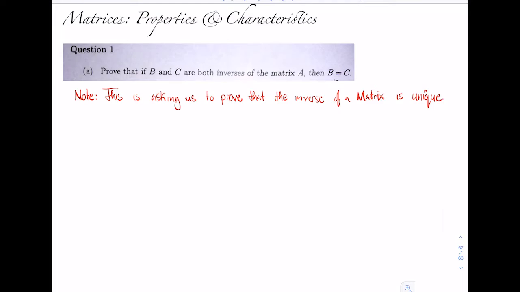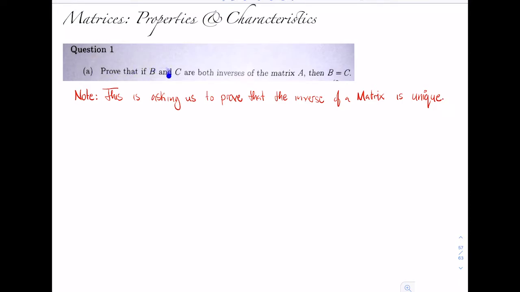In this presentation, we'll be looking at matrices, properties, and characteristics. And we'll be examining these properties by also looking at questions that bring out how these properties and characteristics are particularly important. All right, so here we jump right in by looking at question number 1, which asks us to